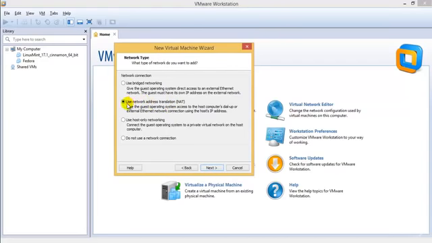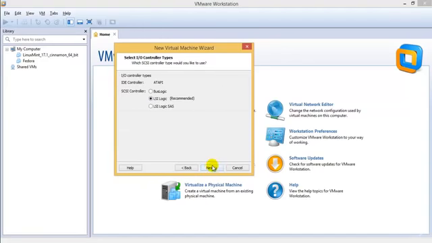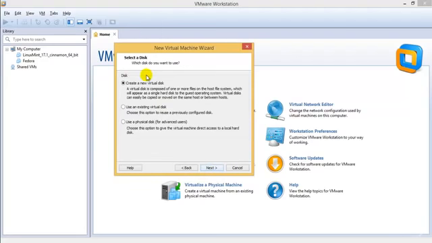So always use network address translation, that's the NAT connection, because if you use bridged networking, then the guest must have its own IP address on the external network, else it won't work. If you use host-only, then it will only connect to the host network, and as it suggests, do not use that. So we would be using NAT, since we need to connect each and every other operating system we have. Click next. We don't have anything to do with this, just click next and create a new virtual